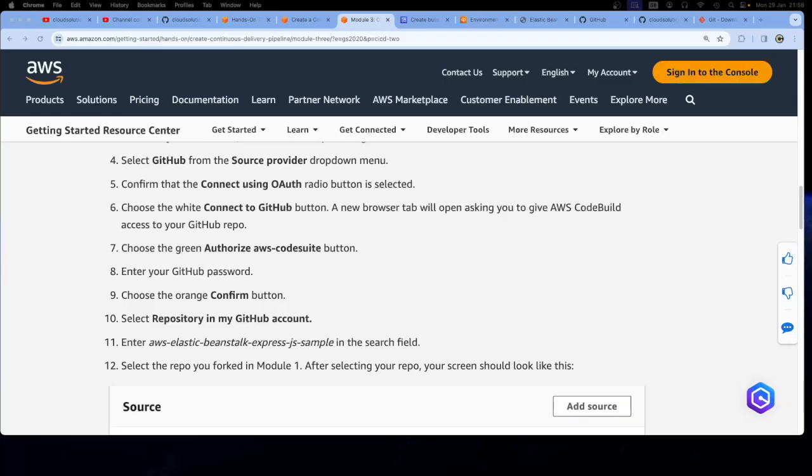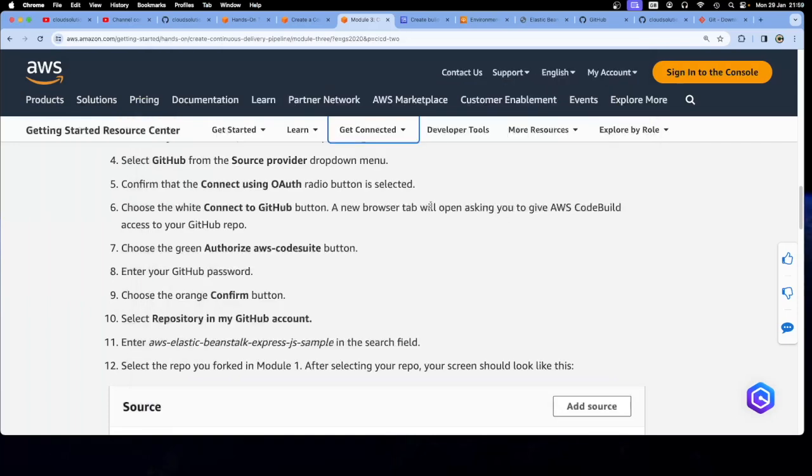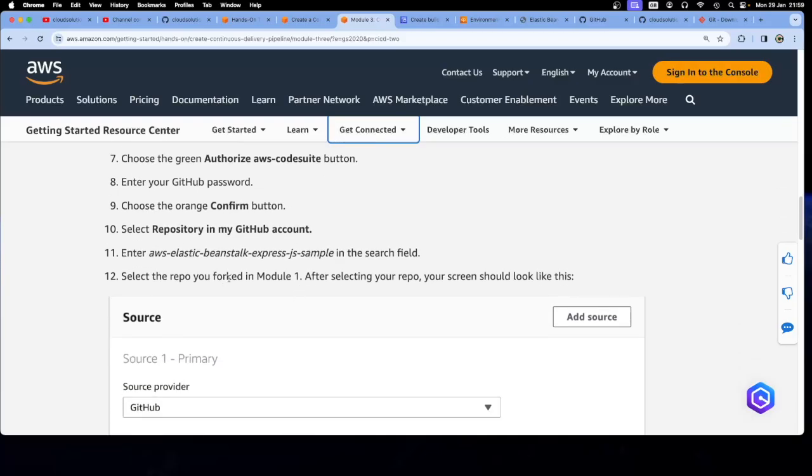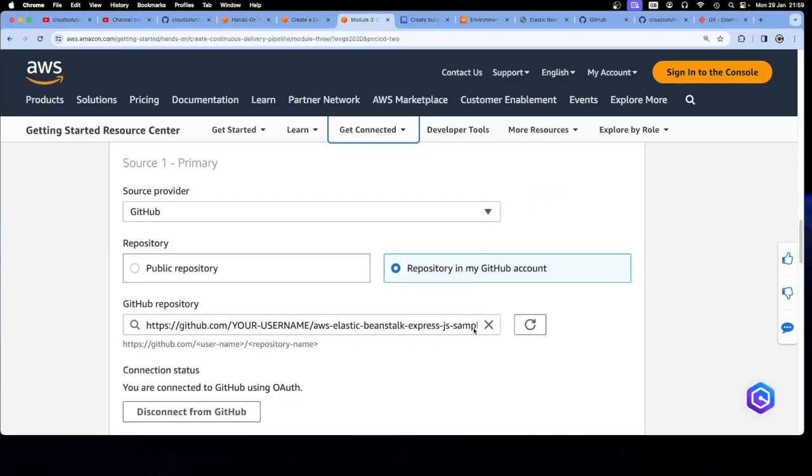Everyone will have a slightly different way to do this, but basic processing OAuth request. Confirm. Choose the orange confirm button, which we did. Select the repository. Select repository. So we have to put that link back in that we had before, which is this,